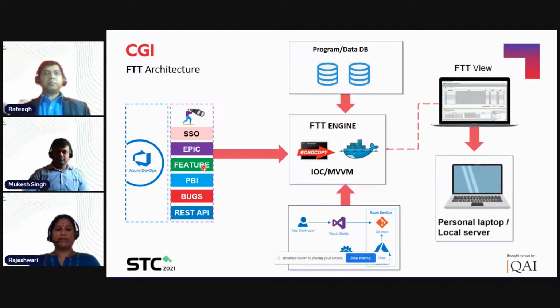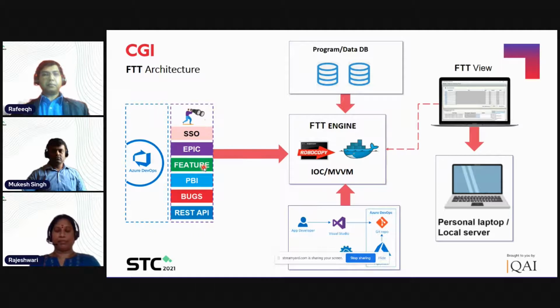We are using the open source REST APIs that are exposed by the tool. In Azure DevOps, we are using some of the REST APIs which are already exposed by the tool. With that, we are pulling the work items and deploying them in our layer. Once it is pulled in, Robocopy, based on the selected environment, will automatically connect from the backend to the respective environment and the respective database server. Even if it is an application server and a database server, it will connect, and then it will use the Docker instance to do the deployment.